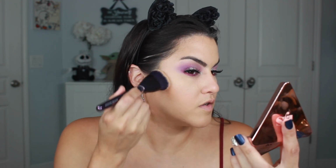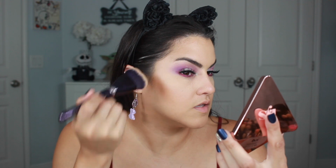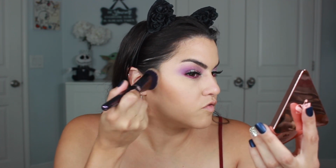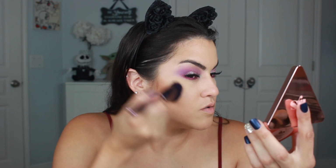Yeah, this is perfect for my skin tone. It's a little bit more on the warm side. I wouldn't really use this for contouring, but I do like it for bronzing up the face, so that's what it looks like. Now that I've warmed up the face, I'm going to use the Benefit Georgia, and I really like Benefit Cosmetics